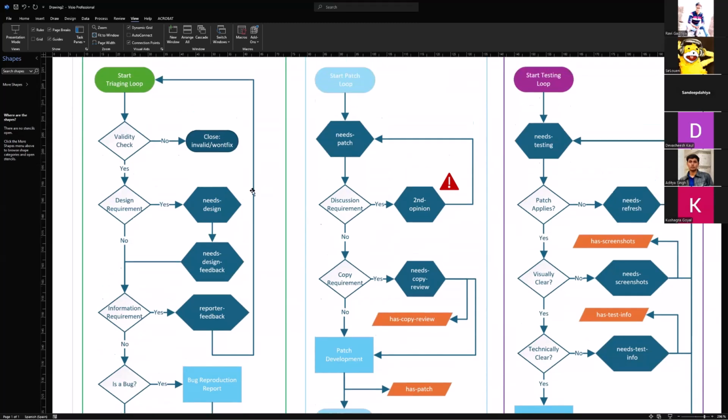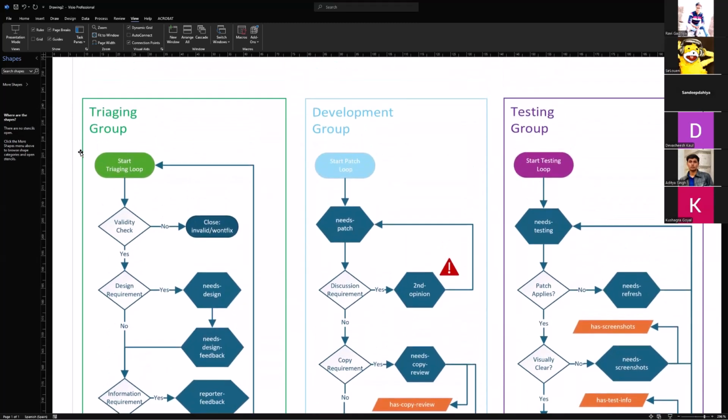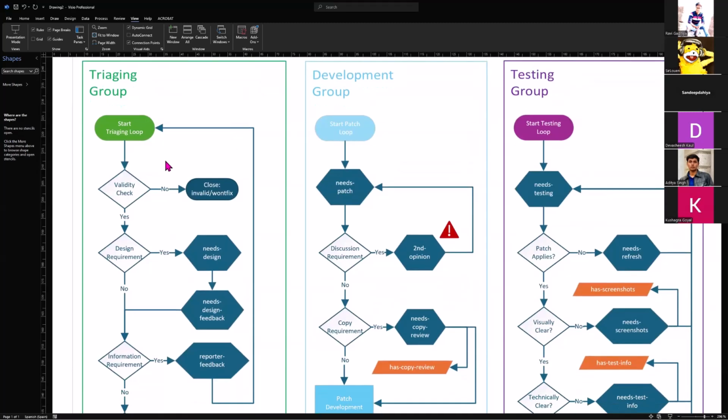Okay, here when we start in the triaging, what they call the triaging loop. The triaging is the thing we did this morning. Now we are here in the testing loop. For the triaging loop, as I commented this morning, what we have to check is if a new report is valid for WordPress, yes or not. If it's not, we have to close it and we say, okay, sorry, but this report is not valid. So you put invalid or won't fix in case we cannot fix it,